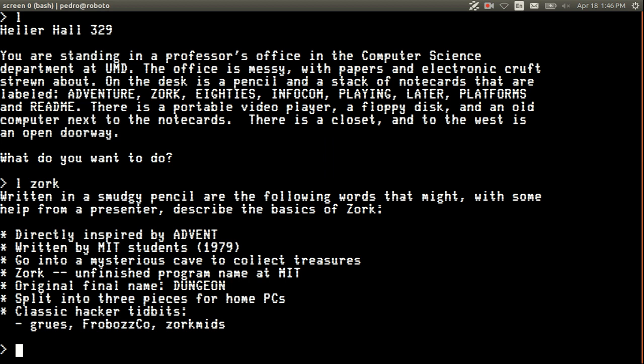And things that came from Zork were Grues. Grue actually came from earlier science fiction, but it's an important part of the Zork lore. Frobozz is like, if you think of Bugs Bunny, Acme makes everything in the Bugs Bunny world, while in the Zork world, Frobozz makes everything. And Zorkmids are the unit of money in the Zork world. And so sometimes you'll see someone refer to Zorkmids as money.